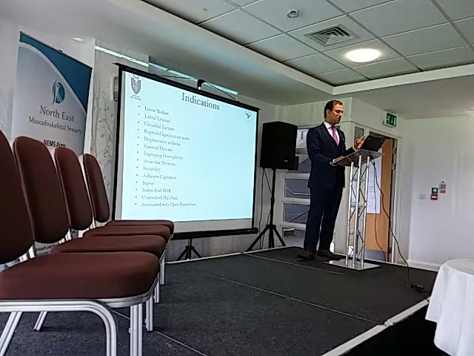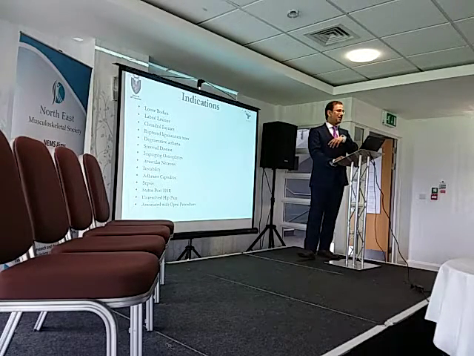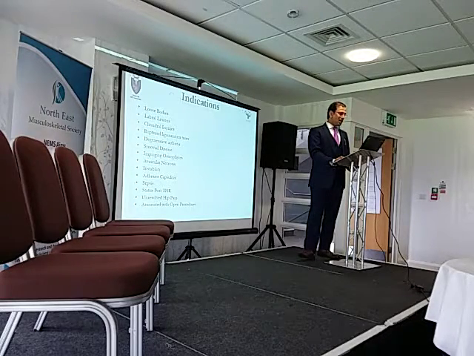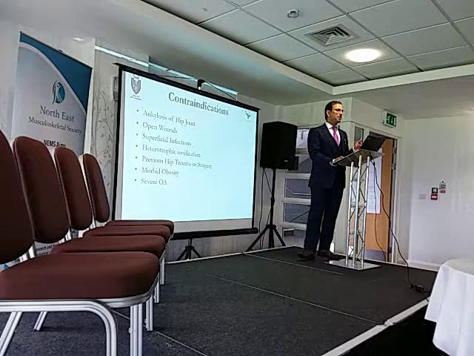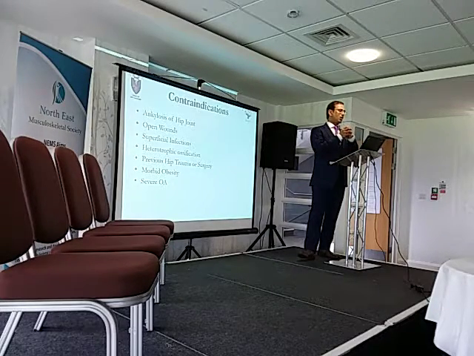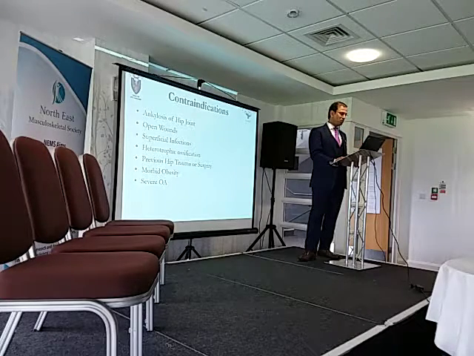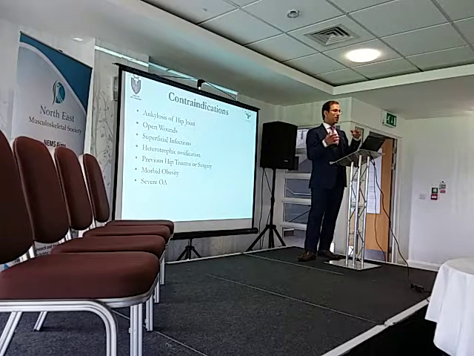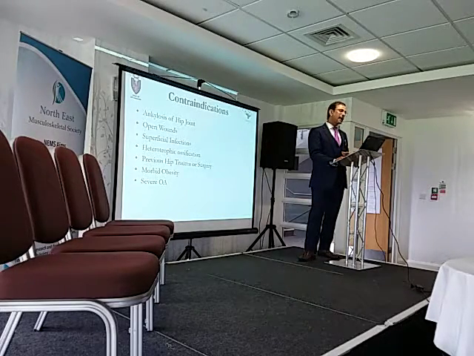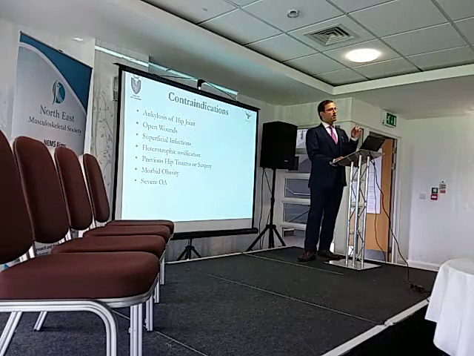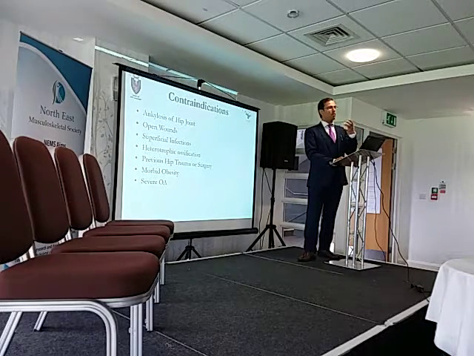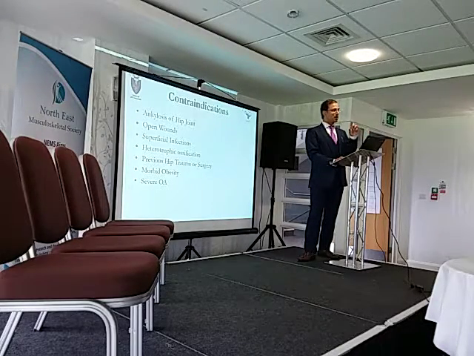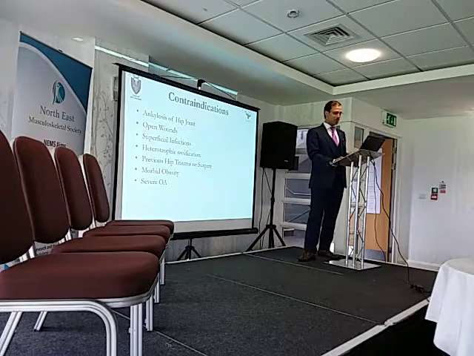There are a number of indications. You can look at the list, and in the hip arthroscopy literature the indications are getting bigger and bigger, so there are hundreds of them. You should know about the contraindications. If somebody has an ankylosed hip joint, the hip is not moving, so you're not going to be able to distract it or look inside. If they've got open wounds, infection, heterotopic ossification, or if they're morbidly obese, you can't get the cannula in, and you're not going to be able to do it. And again, severe OA. This is not a diagnostic test to look at how bad the hip is in the relatively elderly population, but in younger patients, it will give you an idea about the state of